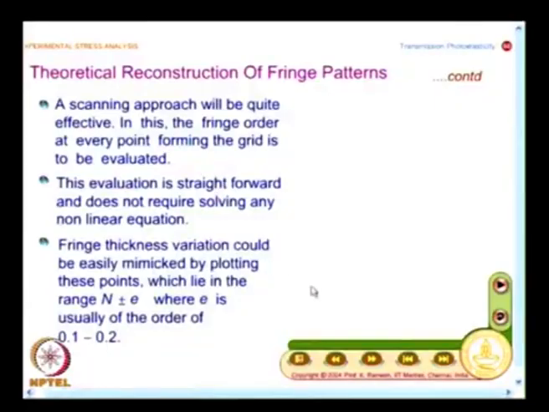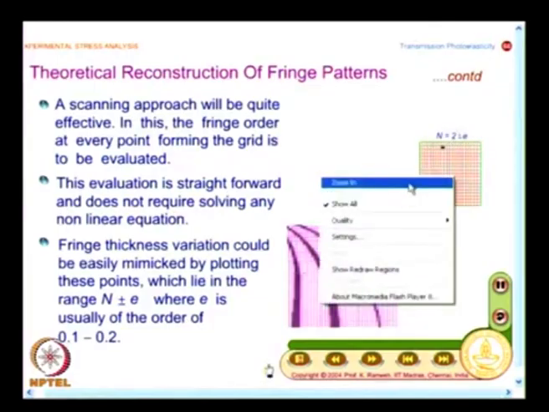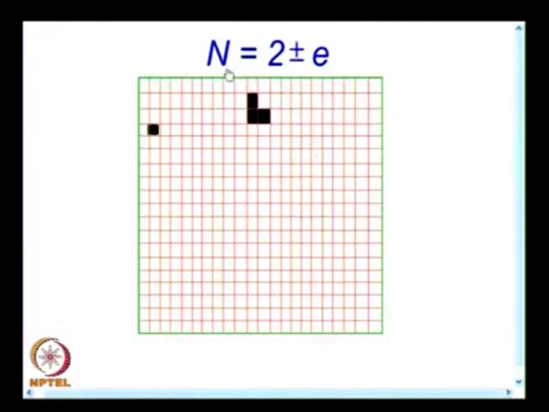If I take a very large value of e, I can adjust, it is equivalent to high contrast processing or low contrast processing of your images. That kind of an effect it will show, and that is what is shown here as an animation. I have essentially identified this as an assembly of pixels, and this is what we would see here, and essentially I want to plot a fringe of n equal to 2 plus or minus e. So, I keep on doing this calculation repeatedly. So, whenever I find this satisfies this, automatically the fringe thickness is also identified,